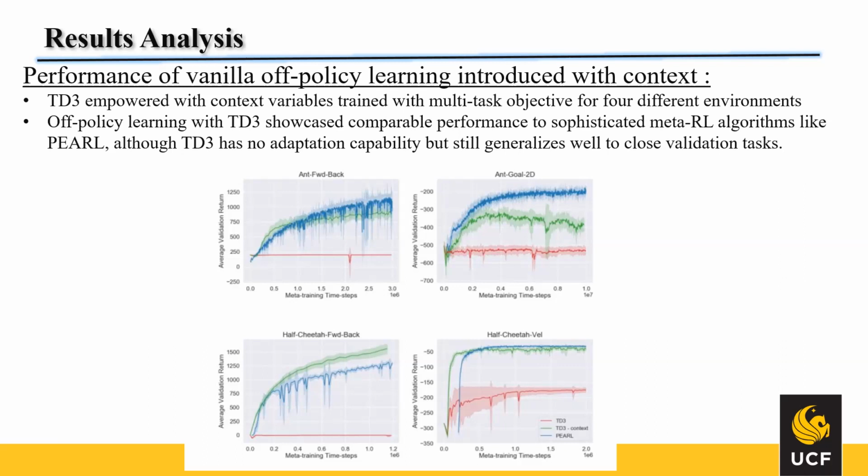with context now. The pink line that you see at the bottom in this figure is without context, and the green line that you see here is with context. As you can see, when we introduce context into the MetaQ learning, the performance is almost comparable to Pearl. That shows the effectiveness of meta-Q learning without a complex state-of-the-art algorithm, just by introducing some context there. If you go into the next slide.